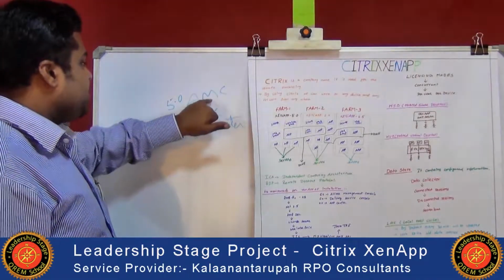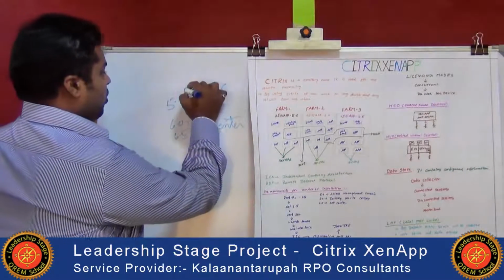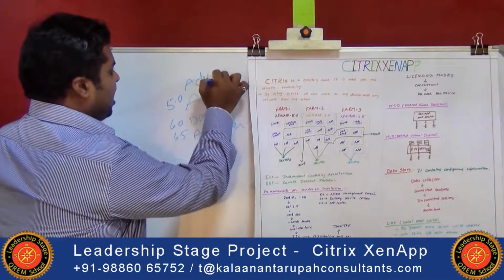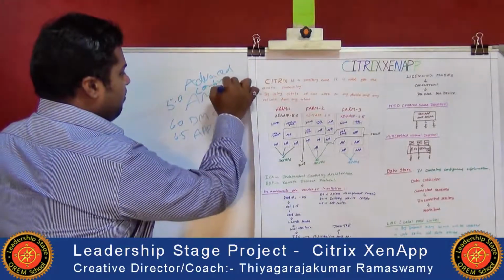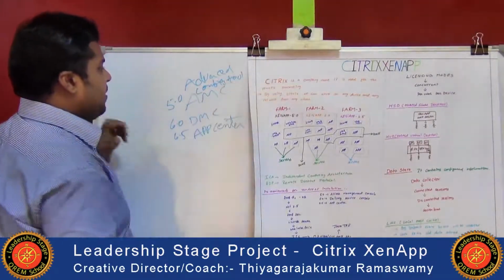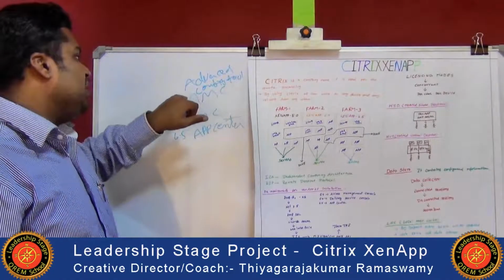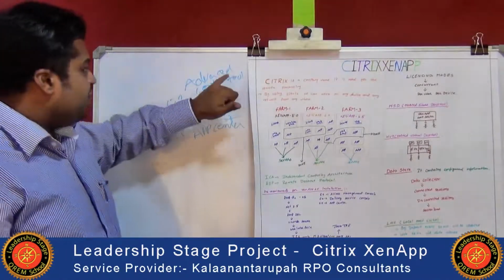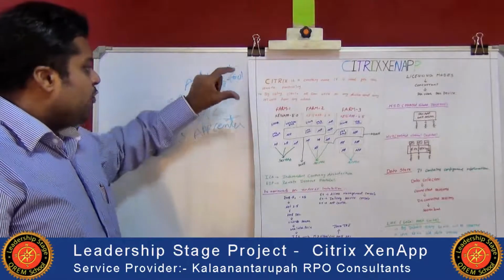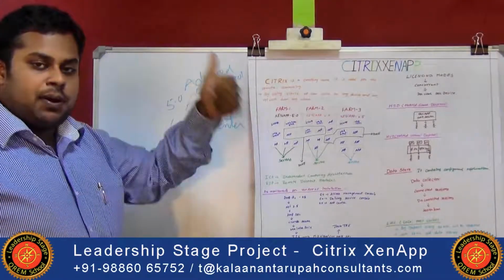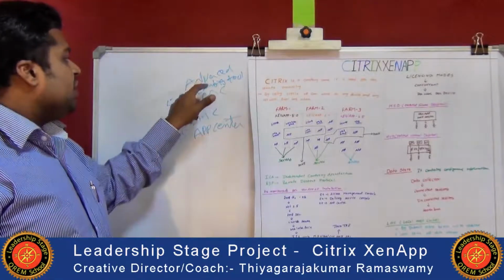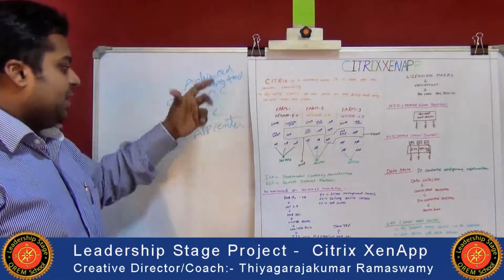In this AMC, we have the advanced configuration tool. We have to configure the advanced configuration tool, and only then can we publish the application. All these options are available in the advanced configuration tool. From this, we have the option to publish. We select one application and publish it to the end user. From there, the users access the applications.